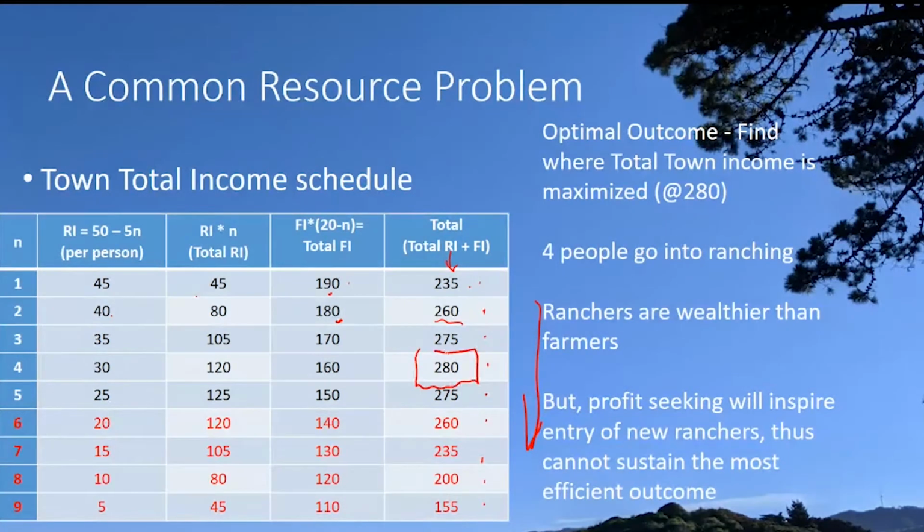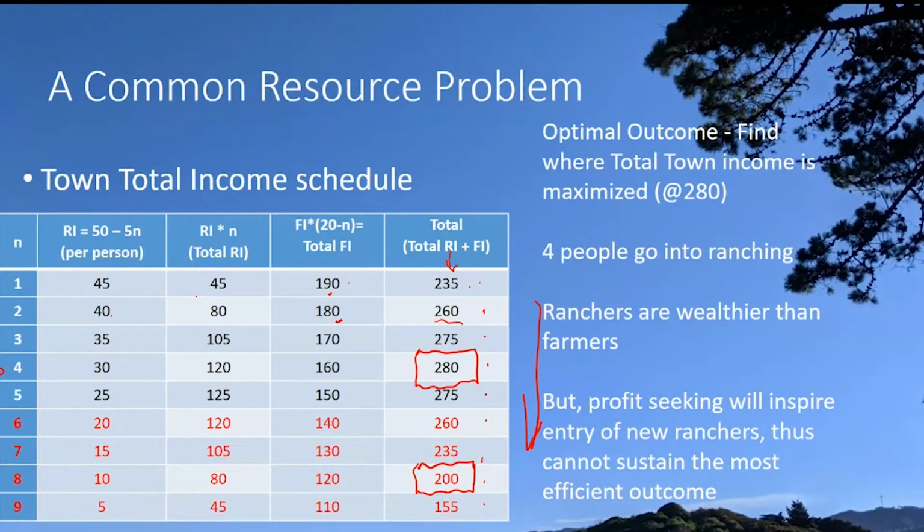Now notice, 280 is the biggest number here on the right. The best outcome for the community overall in this scenario is actually to only have 4 ranchers working and ranching, making $30 each. That's going to generate a much larger overall income. You're going to have farm products to eat, and lots of meat to enjoy, and you're just going to be, according to this, wealthier as a result of that outcome than you would have been if you let the market be free and let the ranchers enter according to their own individual desires and preferences.